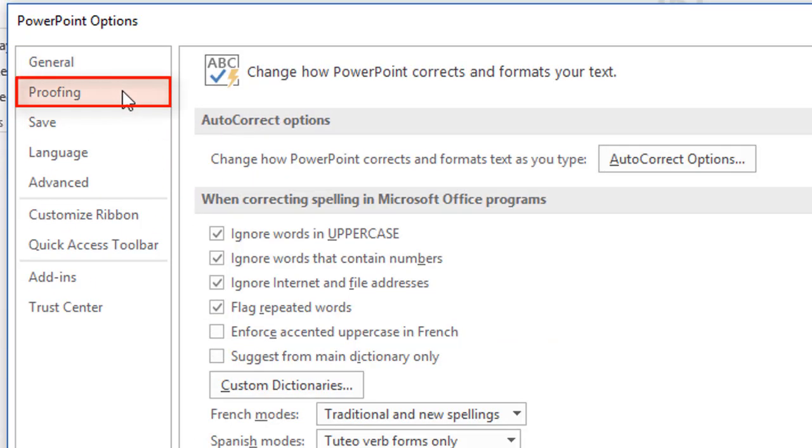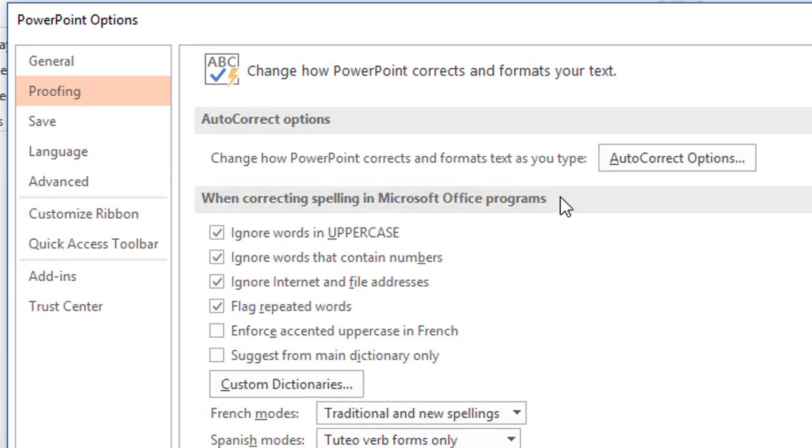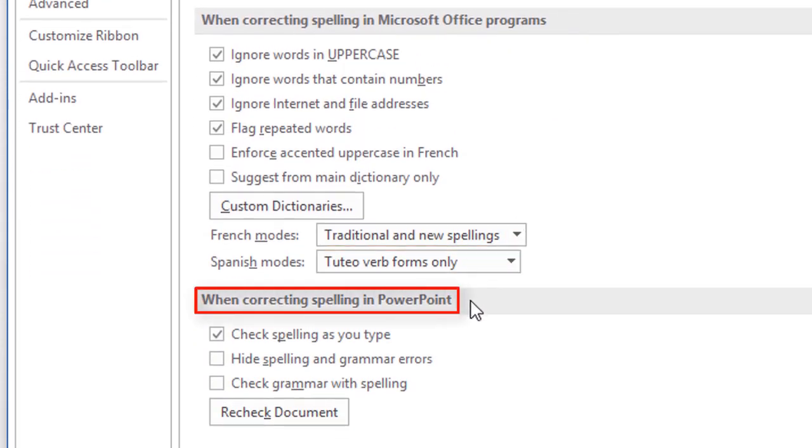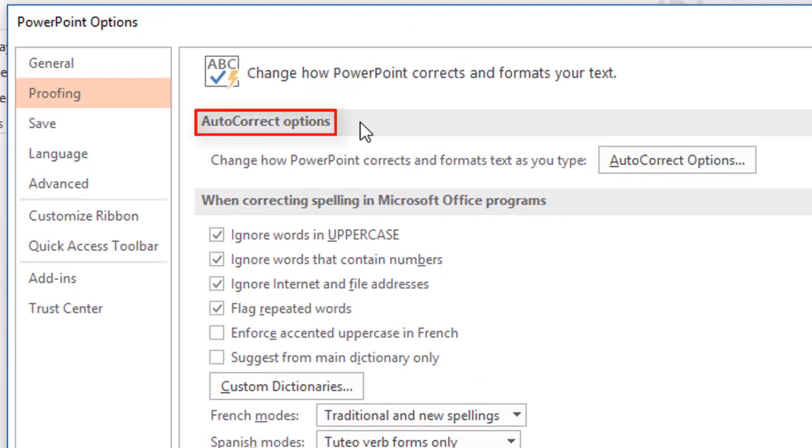Next tab is Proofing. There are three sections. First section is Autocorrect Options. Second section is When correcting spelling in Microsoft Office programs. Third section is When correcting spelling in PowerPoint. Let's begin with first section, that is Autocorrect Options. Under Autocorrect Options,